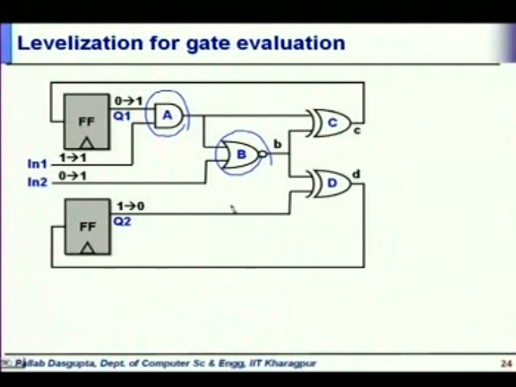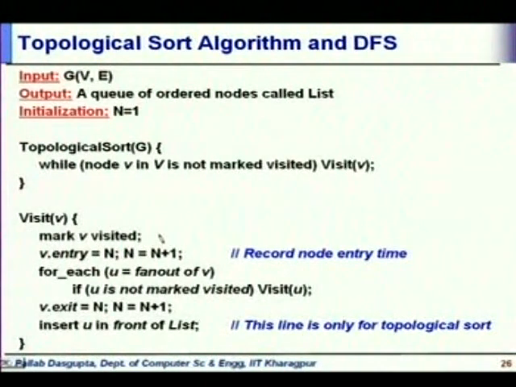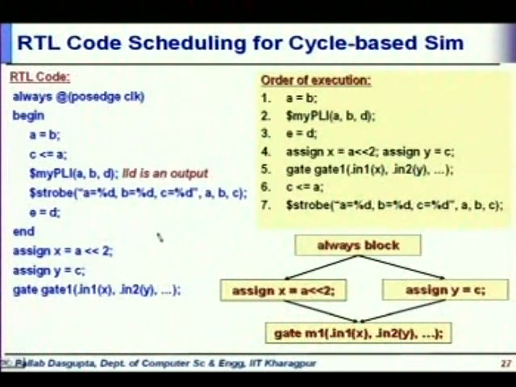Then we studied the topological ordering algorithm, by which we levelize the circuit, in the sense that this is the first level, this is the second level, and this is the third level, and then we simulate the gates from one level to the other. And we studied the topological sort algorithm for doing that levelization. Now, let us come to